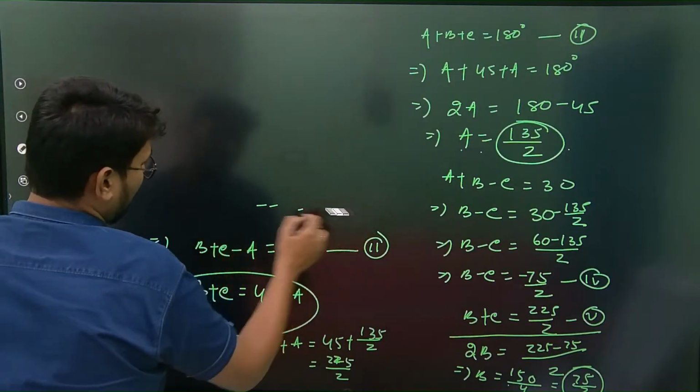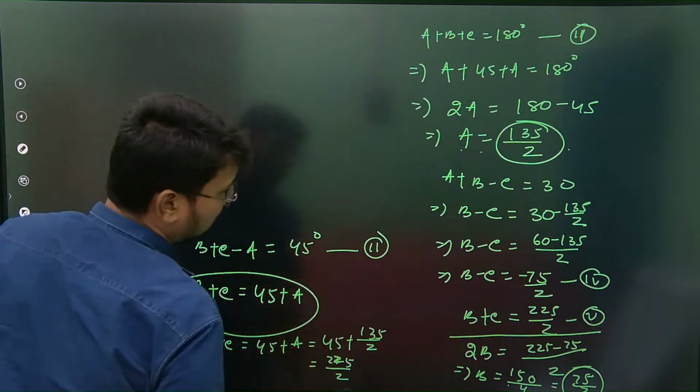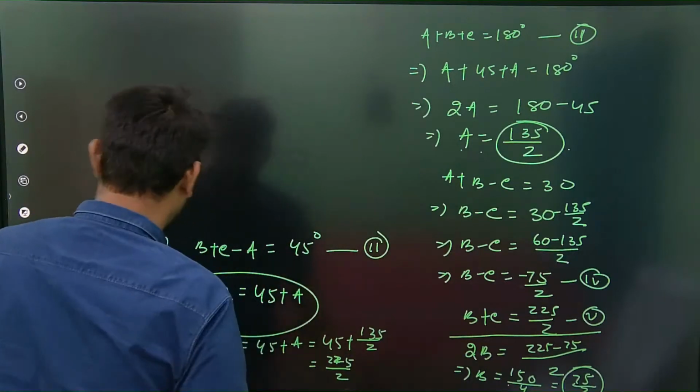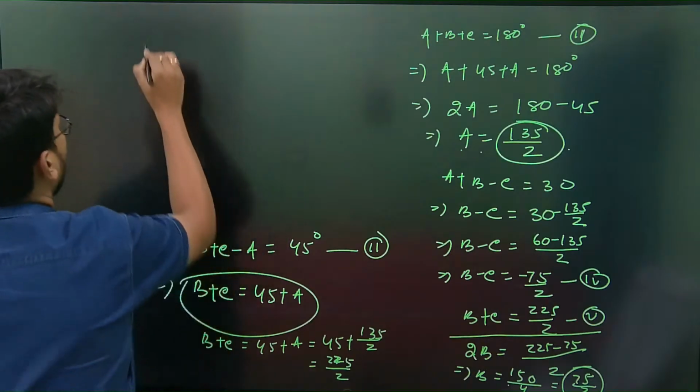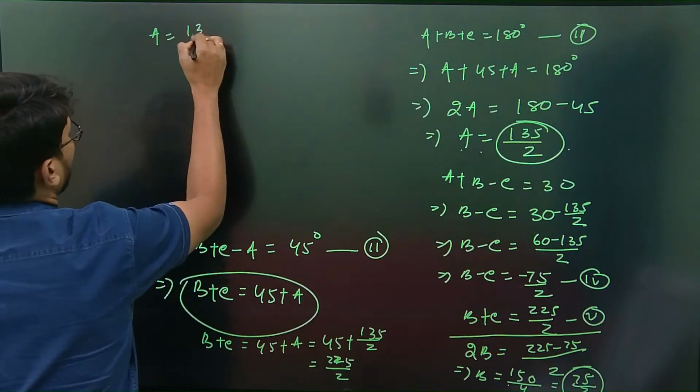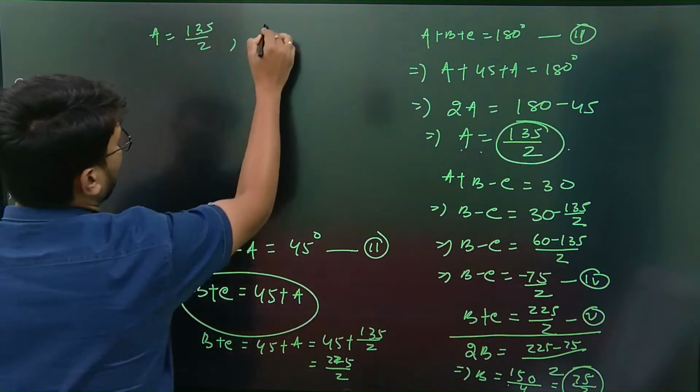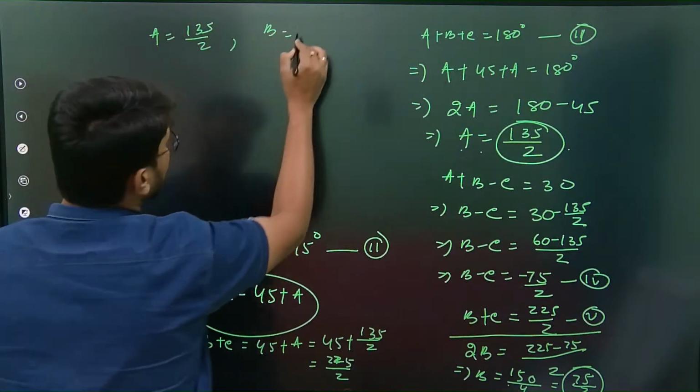See, we have got which values? We have got the A value and the B value. Look here now. See, A we have got is 135 by 2 and B we have got